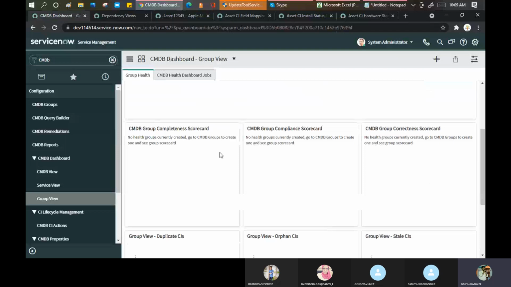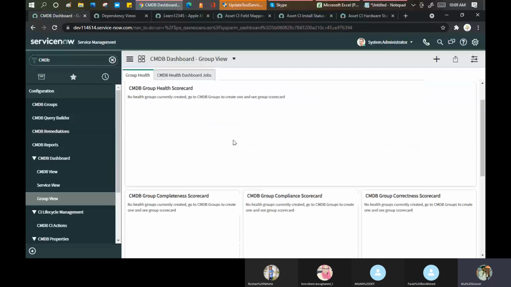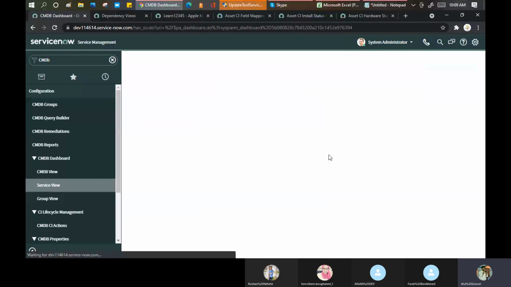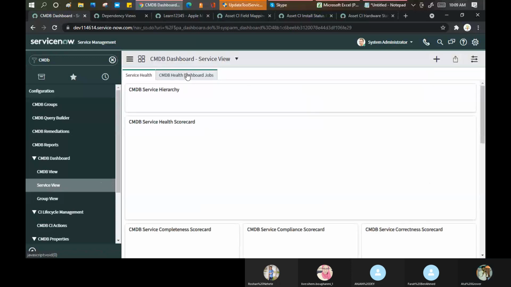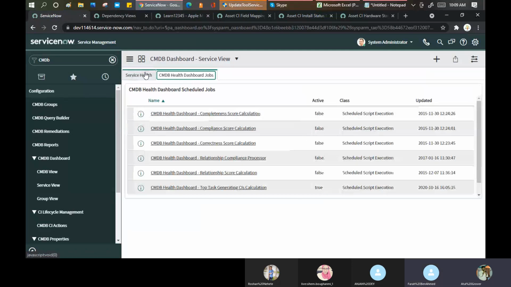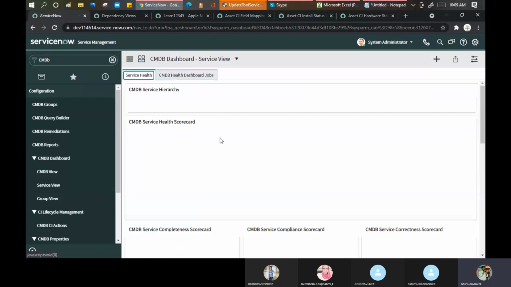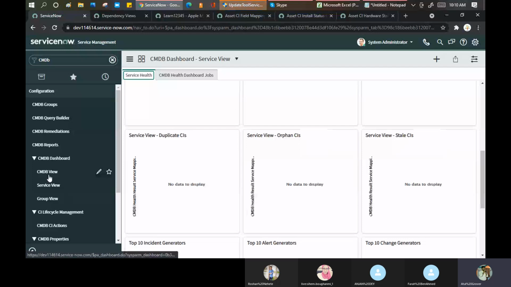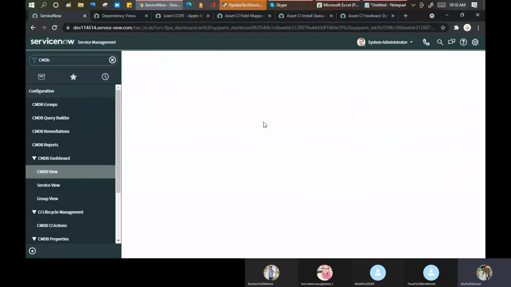Group view. Okay. Because when it brings up the data, it will group by things, like group by one CI class, group by managed by, group by approved by. Those are the group bys. Okay. This is a service view, basically on your business service or application service side. Service applications, exactly. Business service or application services, those things. So like you can see here. I'm not sure why it's not loading anything here for me. We have a lot of data, but still not showing anything. And this is a CMDB view, meaning the overall picture of how it will look for CMDB.